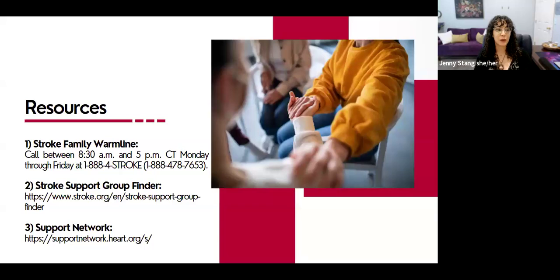But the Stroke Family Warm Line connects stroke survivors, their families, and caregivers with an American Stroke Association team member who can provide support, information, or just a listening ear. So the times that you can call them are 8:30 to 5 p.m. Central Time, Monday through Friday, at 1-888-4